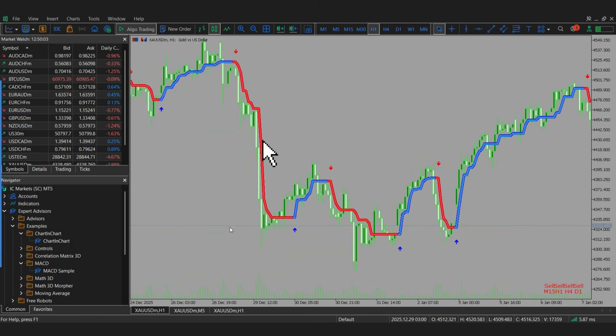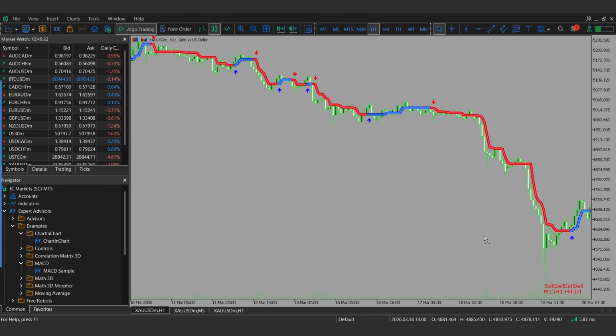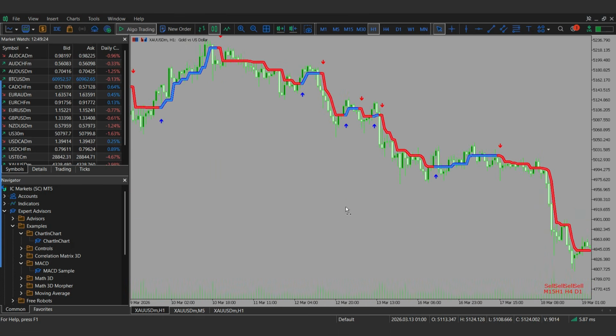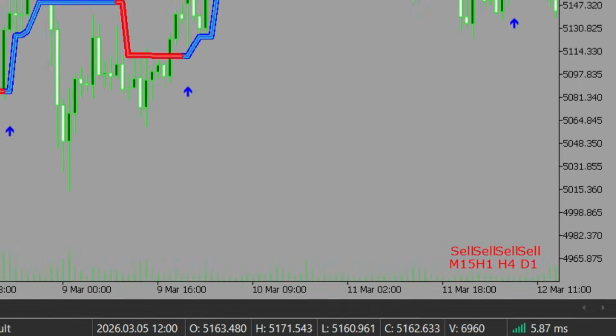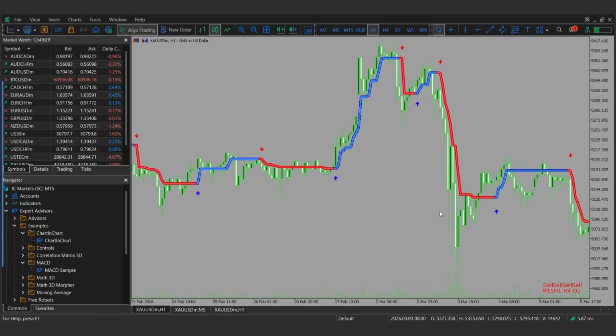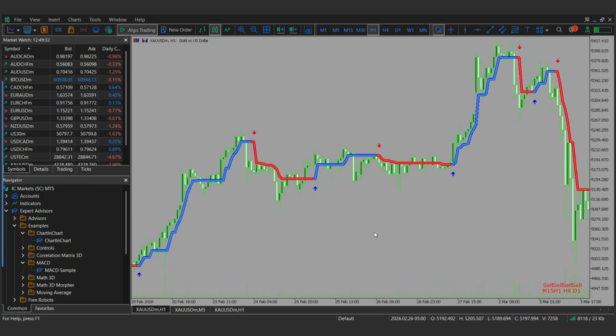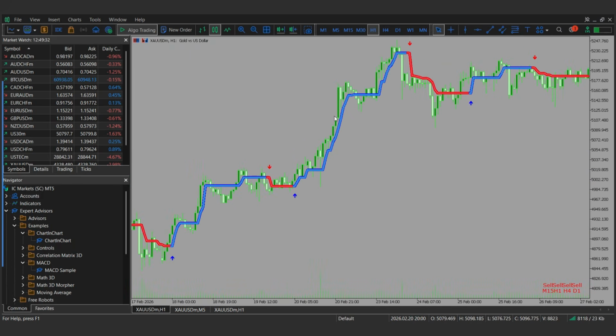Oh, and make sure you keep an eye on the built-in trend meter. That shows you the trend across multiple timeframes. If they're all blue, you buy. If they're all red, you sell. If they're mixed, you go outside and talk to a real person. Or, another trick you can use is wait for the 4-hour and the 1-hour to be on the same signal, meaning if they both are sell, you mostly take sell signals, and if they are both buy, you look for mostly buy trades, but doing the first option for all of them to be at the same trend can give